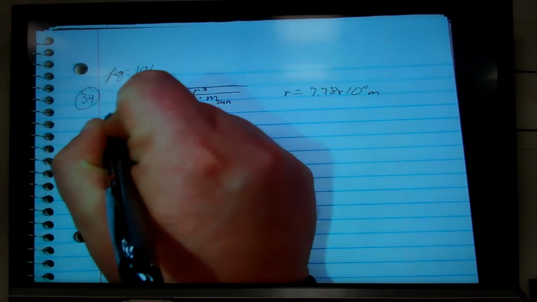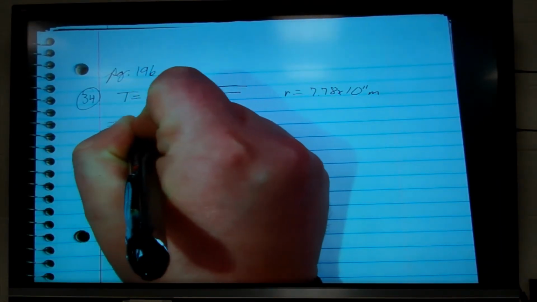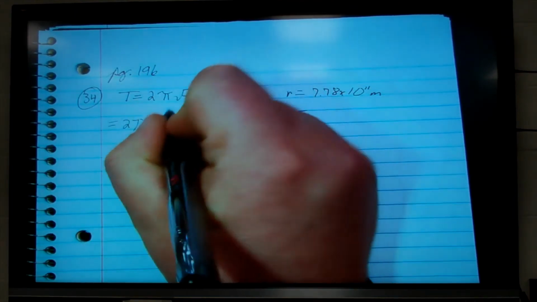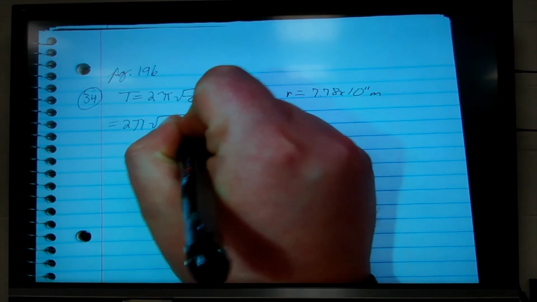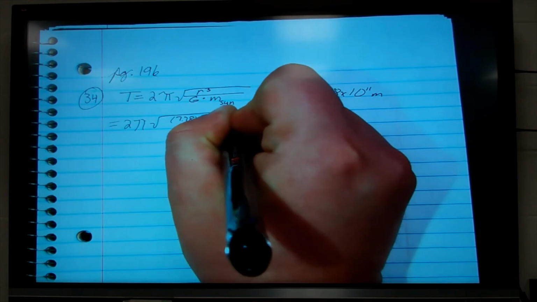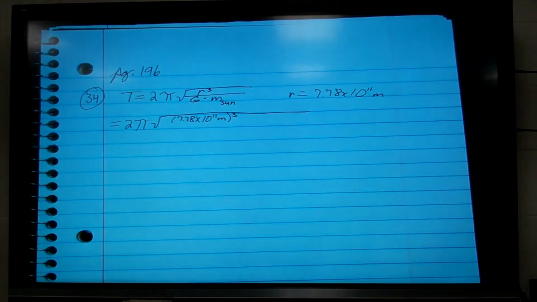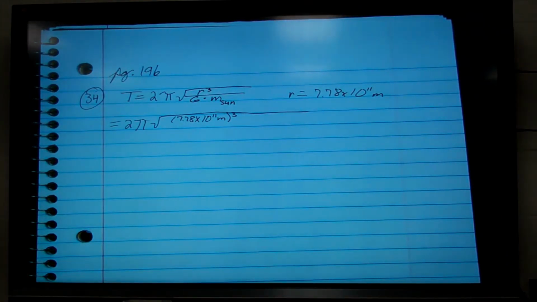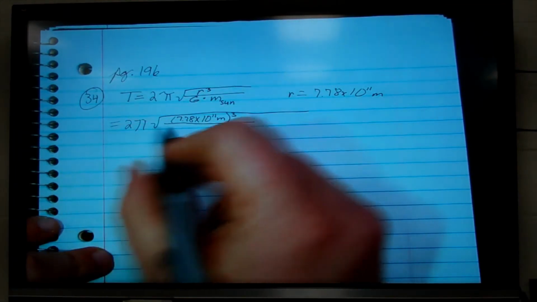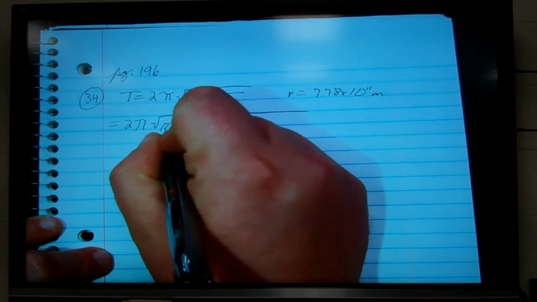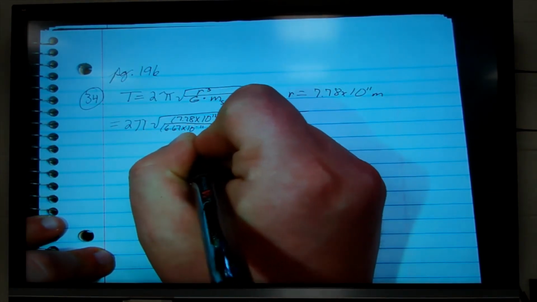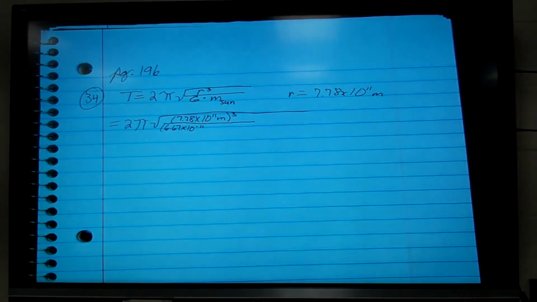So the period is equal to 2 pi times the square root of 7.78 times 10 to the 11th meters, that whole thing cubed, divided by the gravitational constant, big G, 6.67 times 10 to the negative 11, and that is in newtons